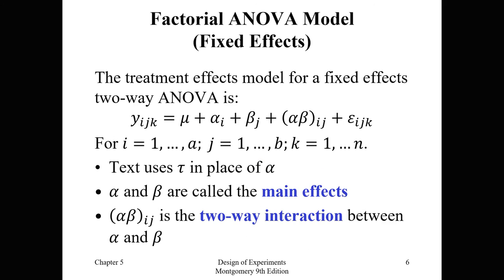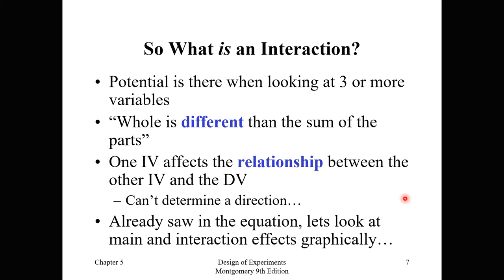And again, I mentioned this, in this equation it almost looks like these are being multiplied together. When you think about interaction, it doesn't really work when both of these are factors like in ANOVA, but let's say this was regression where both of these are continuous values. This literally would be multiplying these continuous values together. So this interaction term really is kind of like multiplying these. Again, it's a little different in ANOVA because these are factors, but that is the idea and that is the intuition. All right, so we've just been looking at the equation, but let's dive in and look at the main